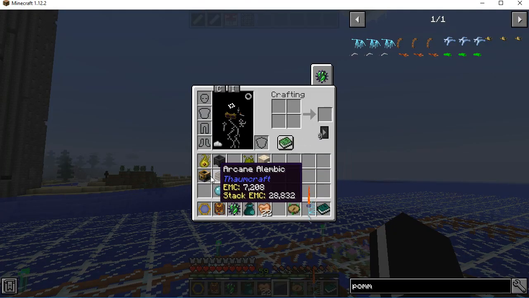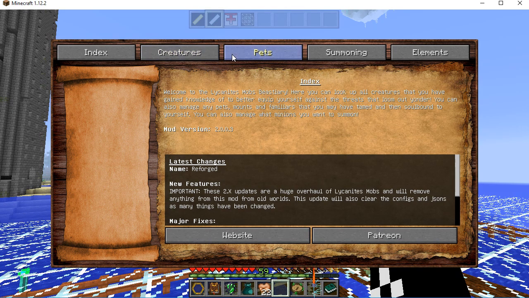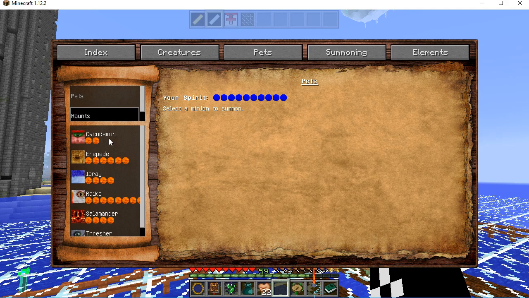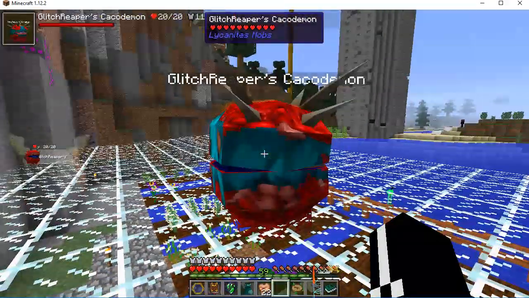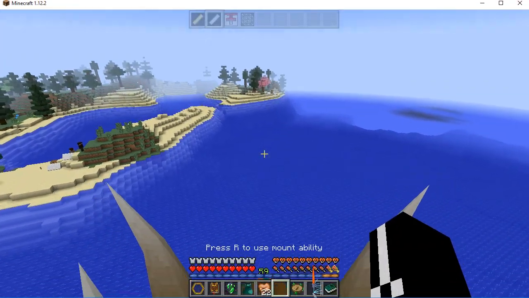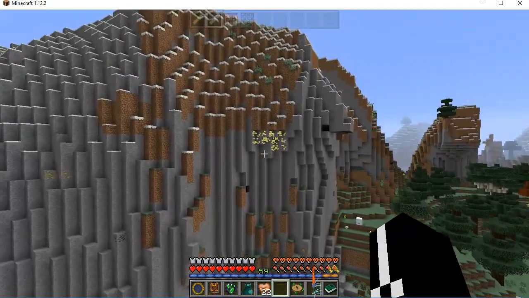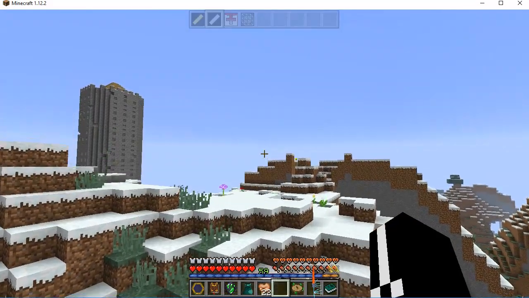I am preparing some stuff for some arcane alchemy, so that ought to be really good whenever I get to that. Remember, everything is considered under pets, whether they're a true pet or a mount, although summons are still separate. So again, going over some of the things involving changes with Lycanite's mobs. Okay, so it's saying the desert is that way, and like with a normal compass, it will point your way. While I'm flying around, I might